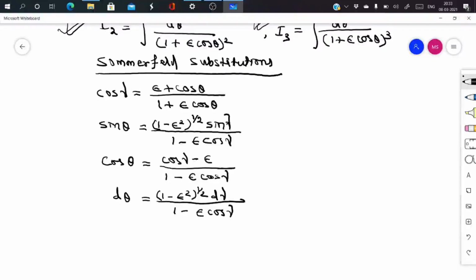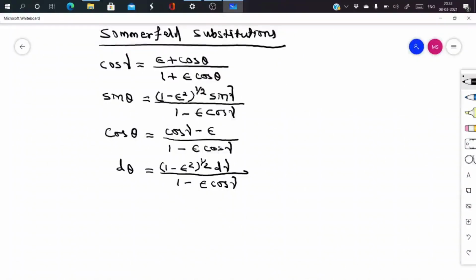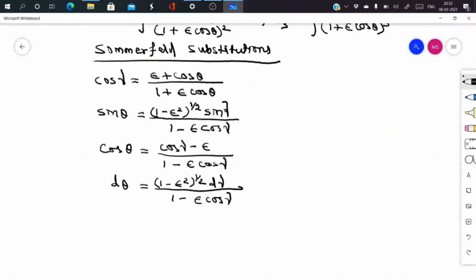Once you integrate that, you will find your I2 will become 1 divided by (1 minus epsilon square) to the power 3 by 2, times gamma minus epsilon sin gamma,